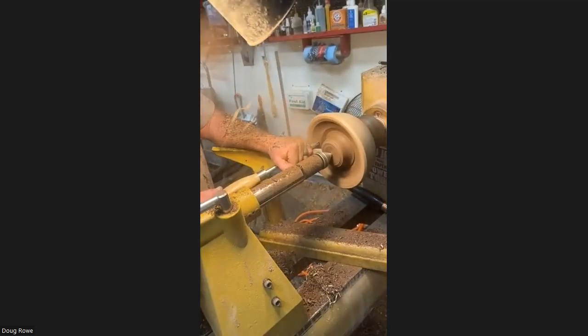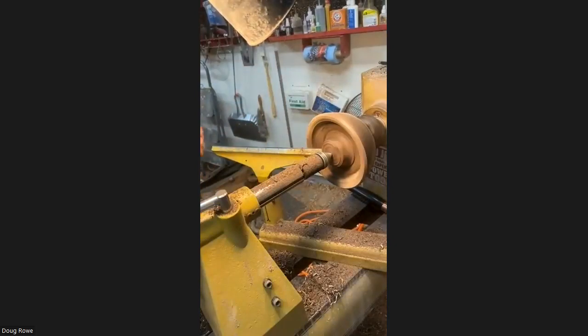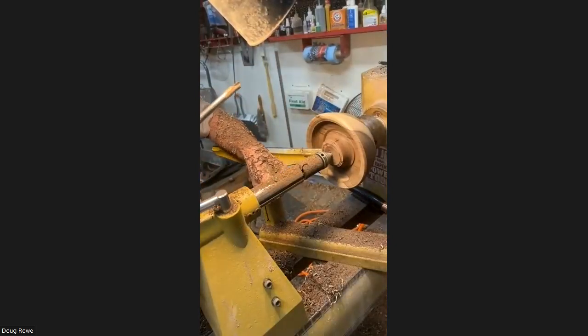And so the purpose of leaving the center mass in on the bowl when you're turning one is to keep all those wood fibers deep down inside all together, and you work yourself incrementally down the walls of the bowl to the final thickness dimension, to a final finish, and then you don't touch that wall ever again. And then you clear off a little bit more room within the bowl being excavated, work that down another inch, inch and a quarter, cut out a little bit more towards the center to give yourself room to work. Eventually, you do have to bring the tailstock out of the way to give yourself room,